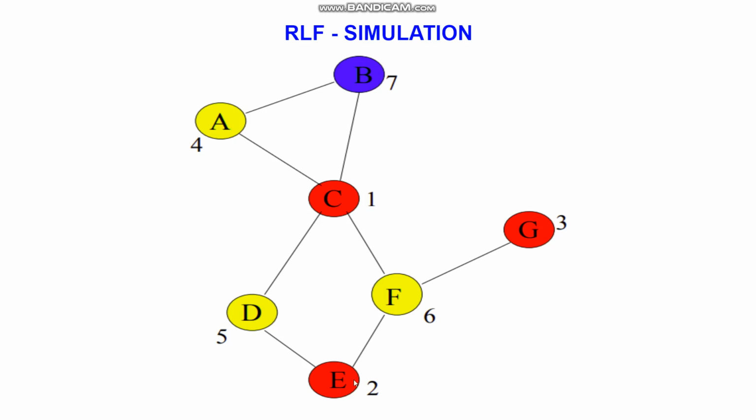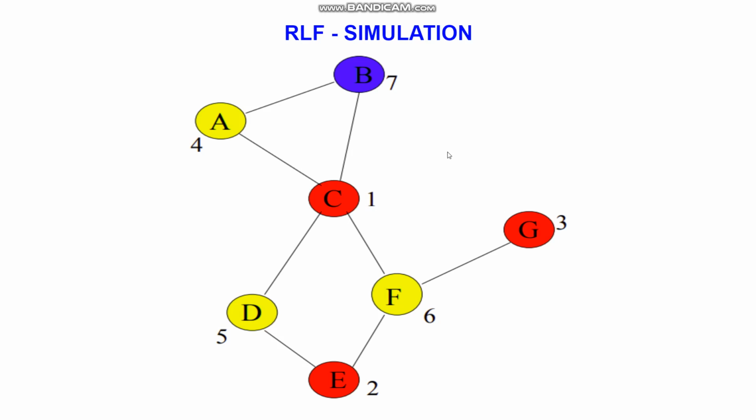So we have found these three particular nodes, C, E, G, which can be put in one color set, and we color them red. Okay, now in the second step, we throw C, E, G out of the graph. Only A, B, D, F are remaining, and we choose the node with highest degree. Suppose we choose A, then we throw B out, and then we color A, D and F with the same color set. So A, D and F are colored yellow. Now we throw A, D and F also out of the graph. Now only B remains. So we'll color it with some other color, which is, suppose, blue. Hence our coloring is completed and RLF is completed.